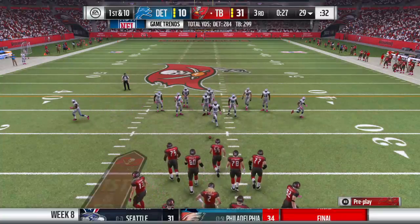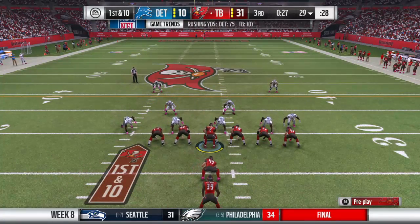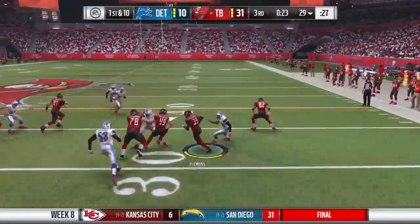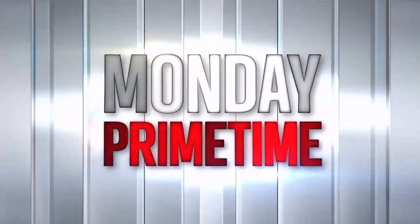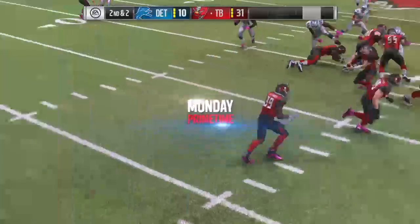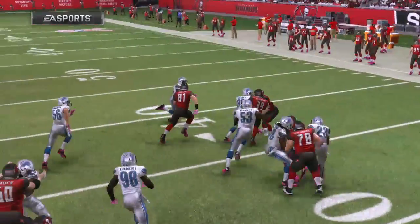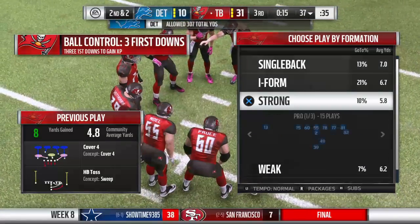Looks like the defense in press coverage here. Now they'll run it on the toss. A good run there on first down, and it'll leave them with a 2nd and 2. I know the toss play begins with the guy taking the snap and turning around and tossing it to the runner. But where the real intrigue is,